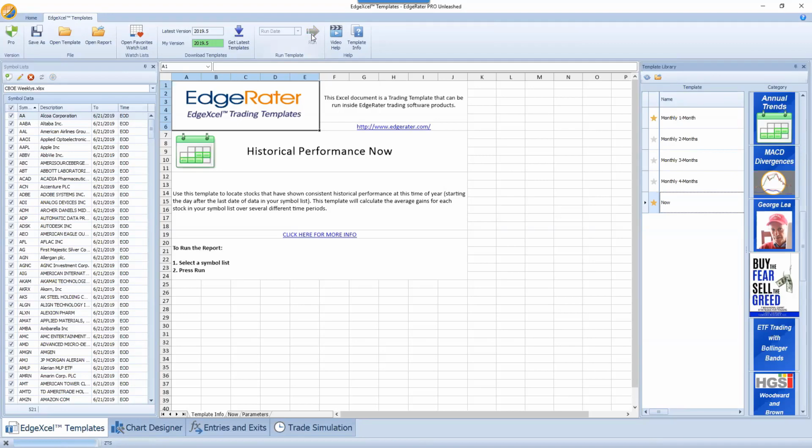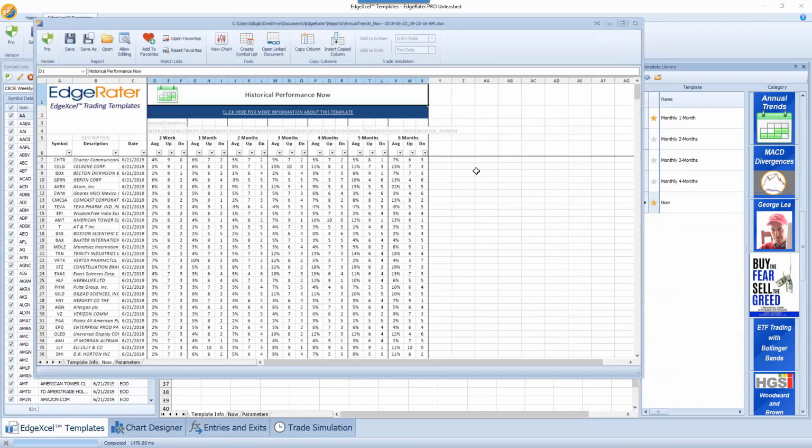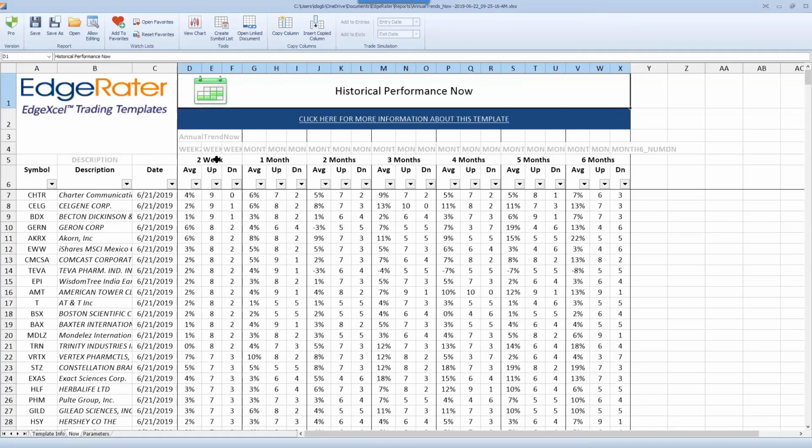Historical performance now. And you can see the information is presented in the same way, but the time periods above here are now projections of time out from current day. So you've got a 2 week period, a 1 month period, a 2 month period, 3 months, 4 months, 5 months, and 6 months. So if you're looking for upcoming seasonality for the next 2 weeks, you can just click on your up, and you can see you've got